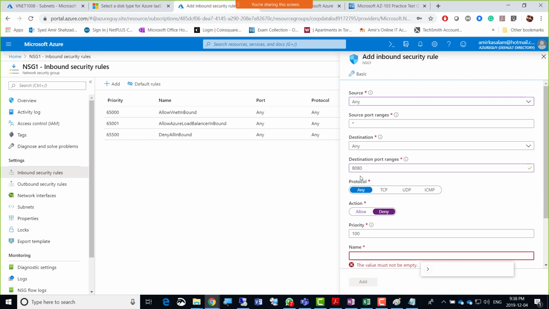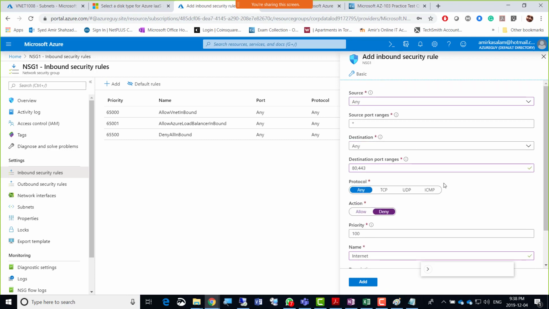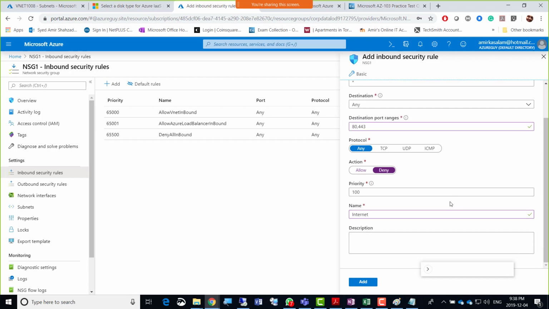So it should be 80 and 443 here, and that's it. So the name is internet. That's the two ways, right? And deny. So source any, obviously that would be anywhere from internet, and HTTP traffic, and that's it, pretty much internet, right?